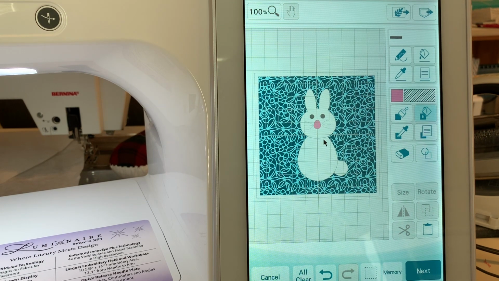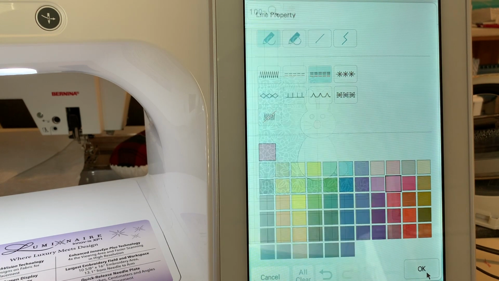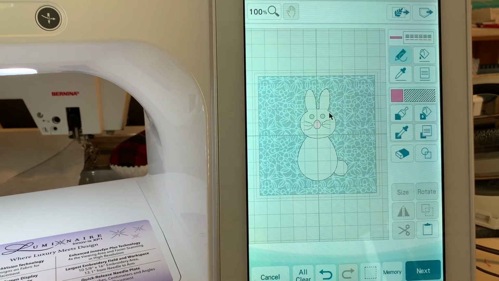All right, now what we want to do is to take care of all of our outlines. So let's go to the properties. We'll select the bean stitch. I want the bunny's body to be pink. I mean, he's not a conventional bunny, so we'll select pink. And we'll go on and select his body by choosing, first of all, the bucket. Make sure you select it. And we'll select the line. And you can see that it's colored the bunny's body. All right,